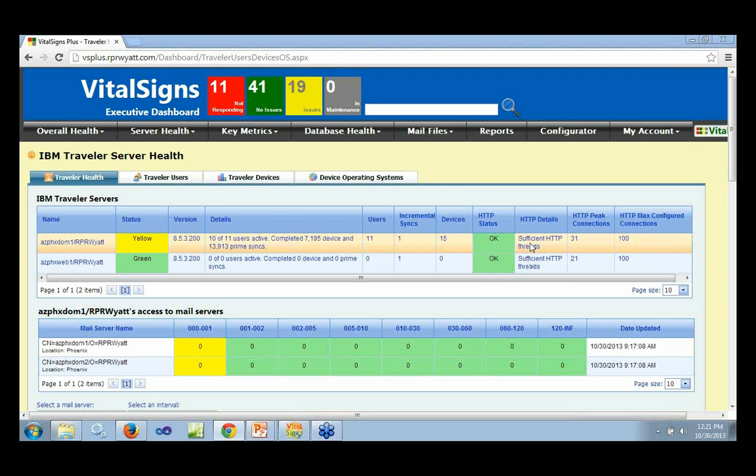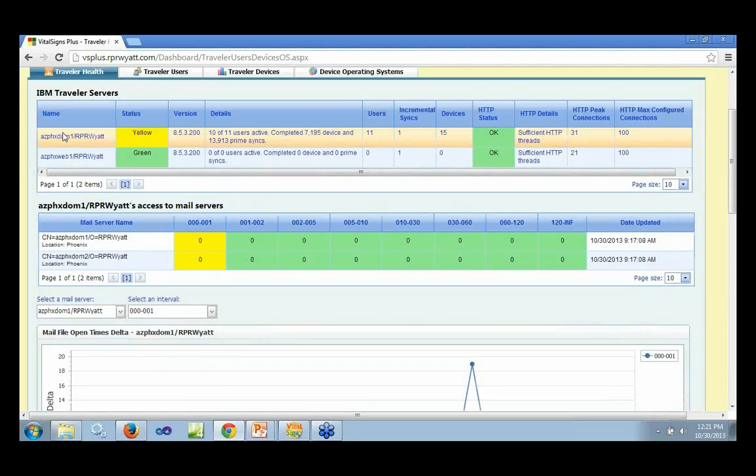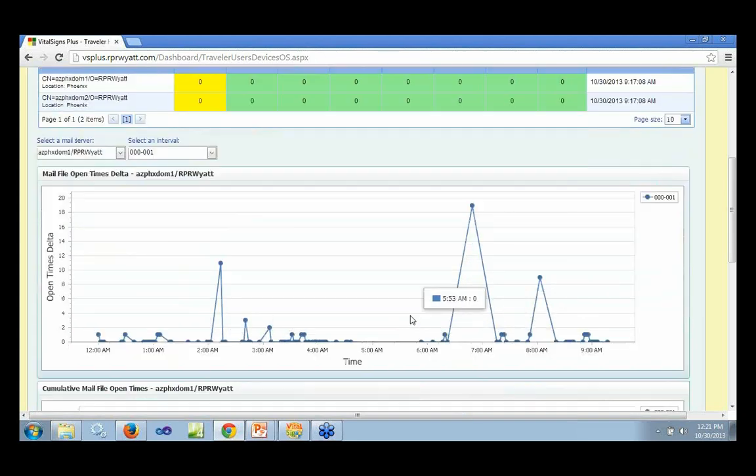So there's the overall status of how Traveler evaluates itself. Does it have enough HTTP threads to support the user population, as compared to the maximum that you've configured compared with the devices? We sort of look for problems that could be coming with Traveler. We also look at the various mail servers that a Traveler server talks to, and we will track over time how much time it takes for the Traveler server to open up a user's mail file on a different server, and you can pull a